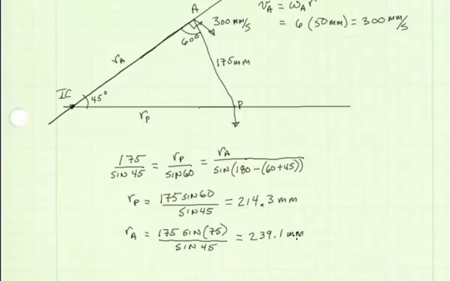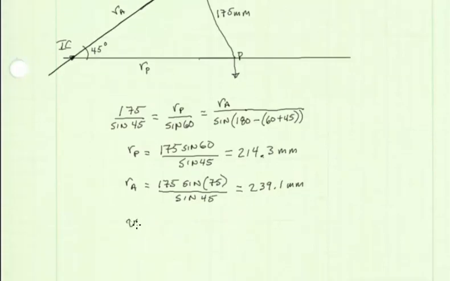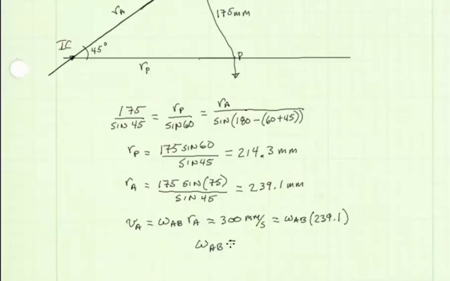239.1 millimeters. Now we know the velocity at A is 300 millimeters per second, so from our instant center, the velocity of A is equal to omega AB times RA, which we said is 300 millimeters per second, which is equal to omega AB times the radius to A, 239.1 millimeters. Solving for omega AB, we get that omega AB is equal to 1.255